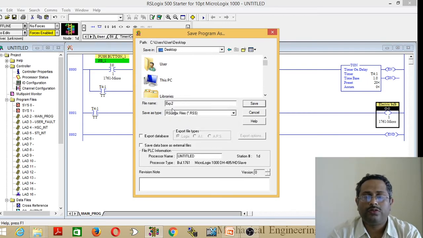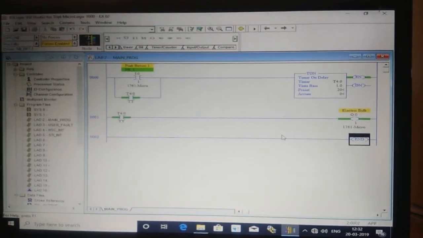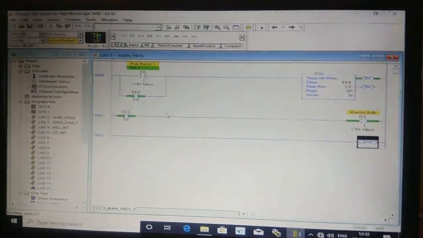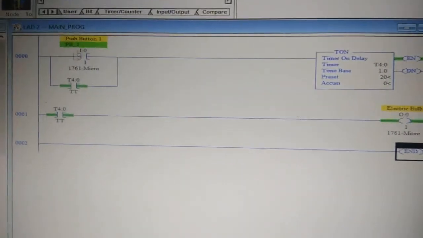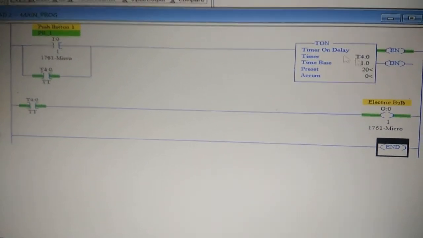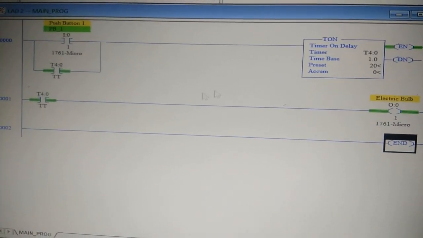Save it. Once it has saved, we have to download this program into the PLC and test it. This timing circuit can be downloaded into the PLC and I will show how it will work. Here we are using one open contact that is connected to push button 1 and one timer, that is timer on delay, and in this timer on delay we are using the timer timing instruction.